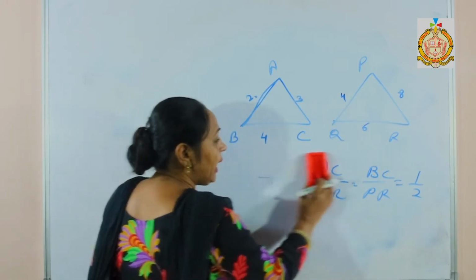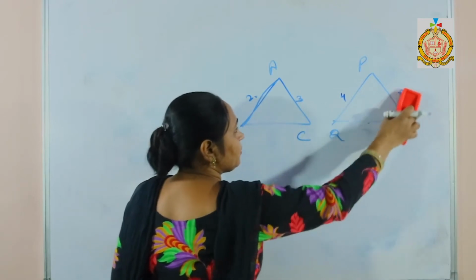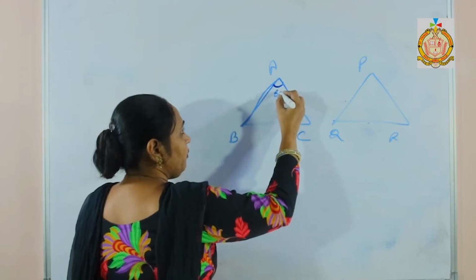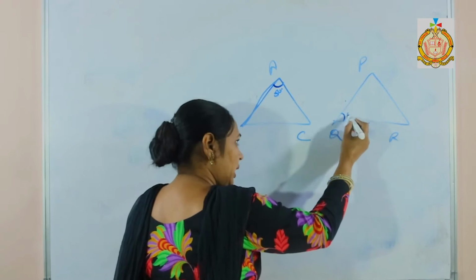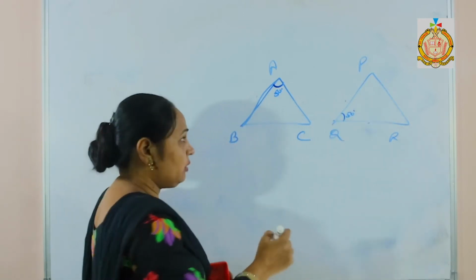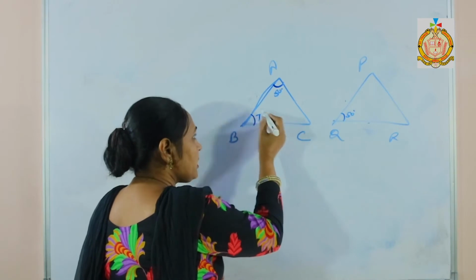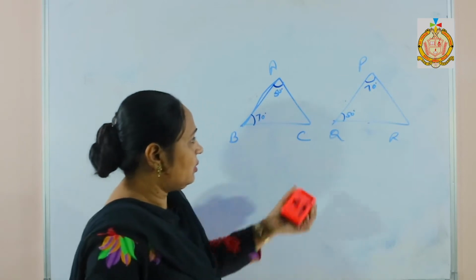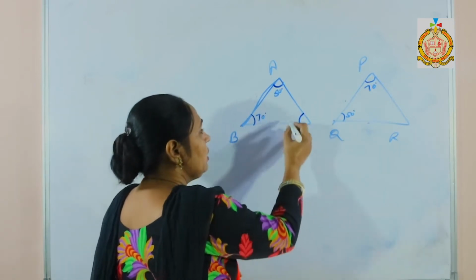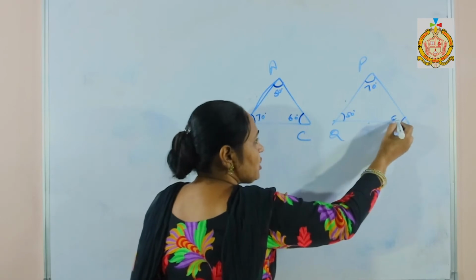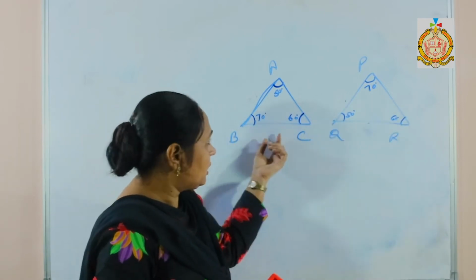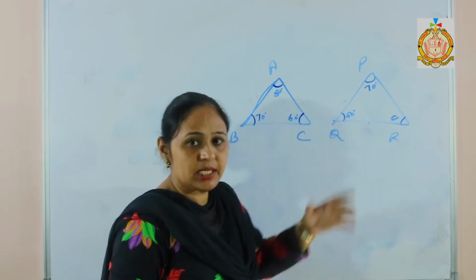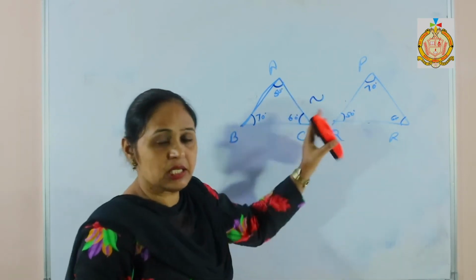And by taking the angles, now angle A, suppose it is 50 degrees. Angle Q is also 50 degrees. Then for the other one, I take the angle of 70 degrees, and there I take the angle of 70 degrees. The third angle will be 60 degrees and there is also 60 degrees. Now I can see the three angles of this triangle and the three angles of this triangle are equal. That means these two triangles are similar. This is the sign of similar.